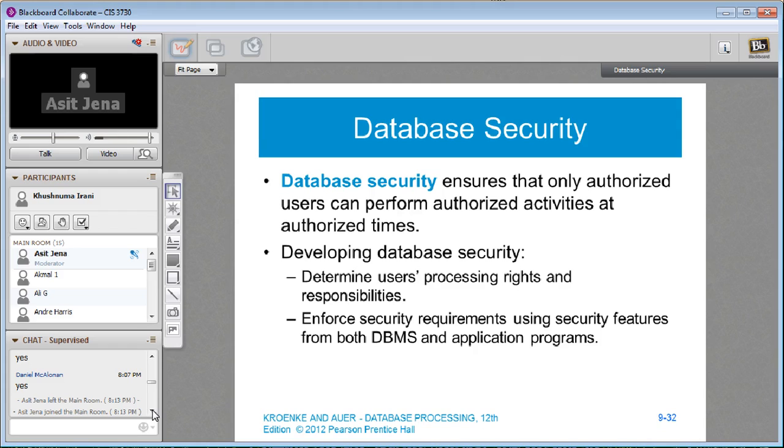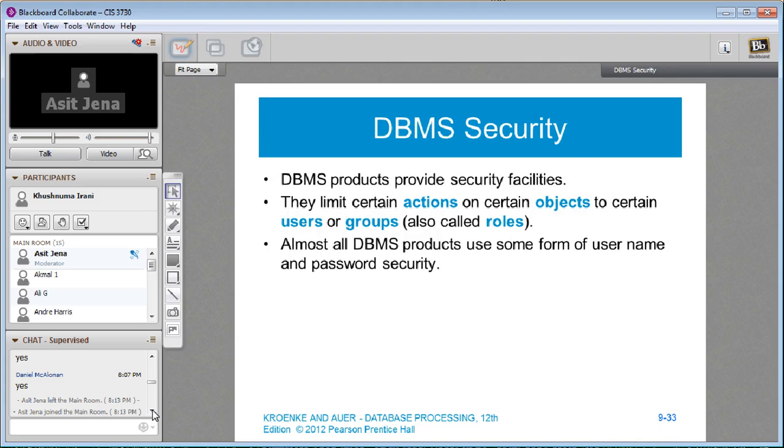So all these people need to have only a select number of tables that they have access to, or even a select number of columns in a table. There might be different levels of people who have access: you might have an average user-level person, then a DBA kind of person, a manager in the HR department who might have a role, and the chief human resources person who has a role. So there are different kinds of roles that the DBMS can support.